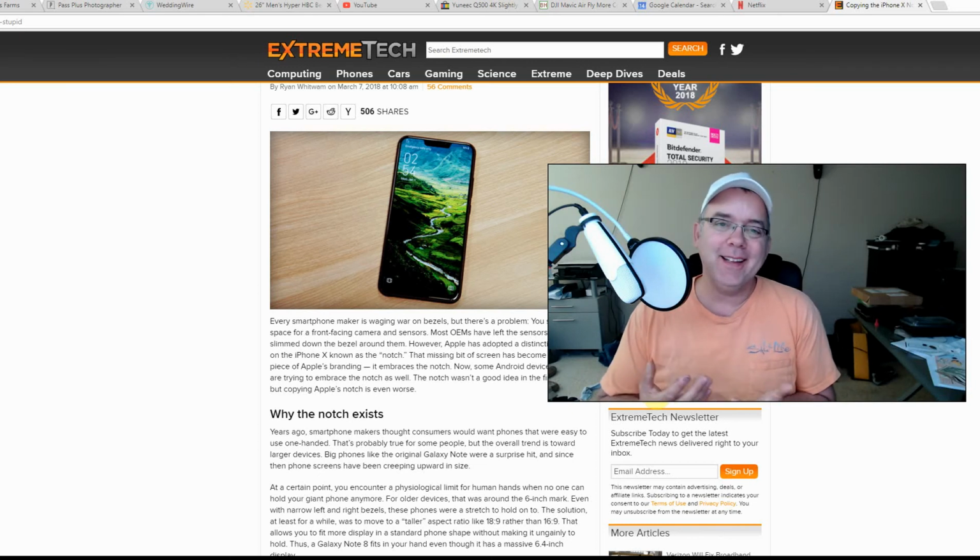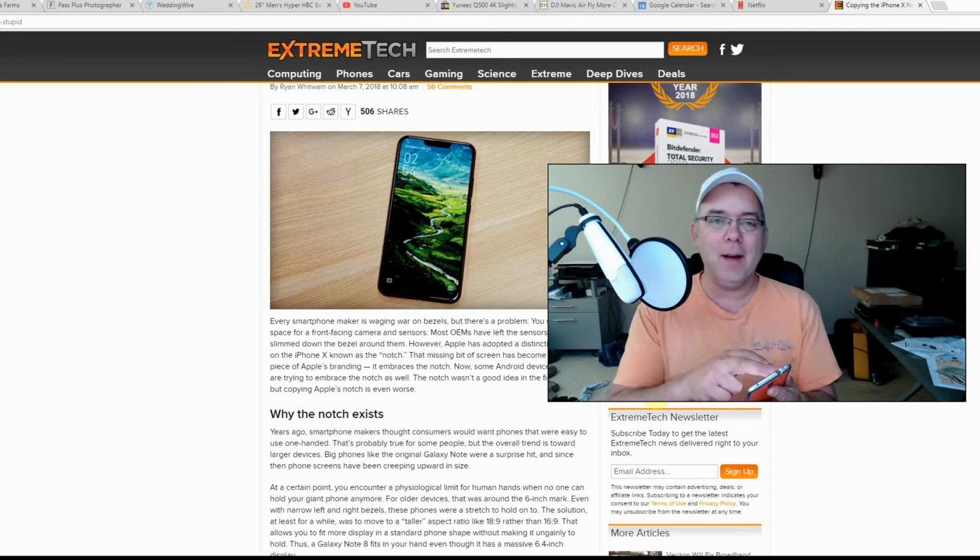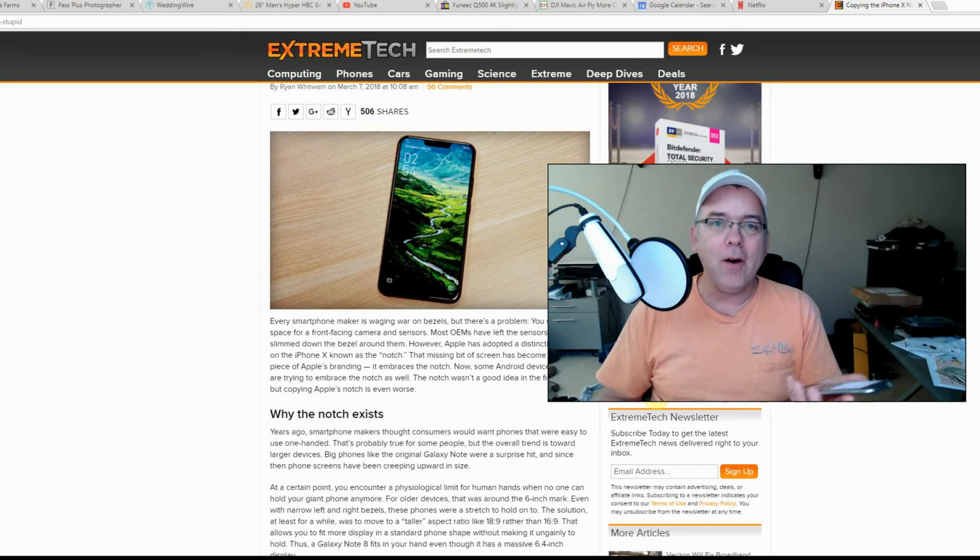Okay, I'm looking at all these articles about phones and all these Android phones copying the notch at the top of the iPhone. And I got to thinking, of all the stupid things to copy, why would you copy the notch? I mean,